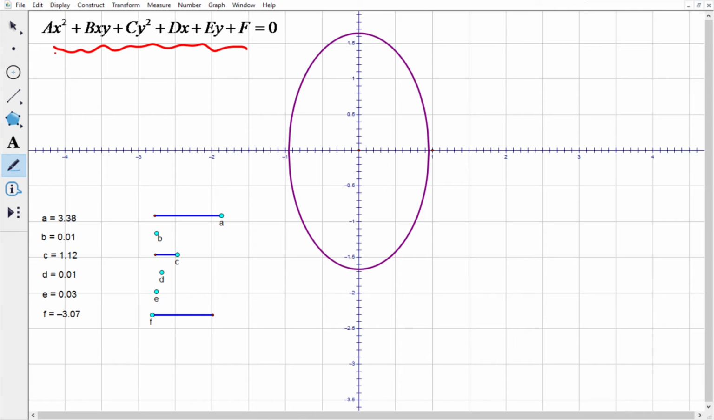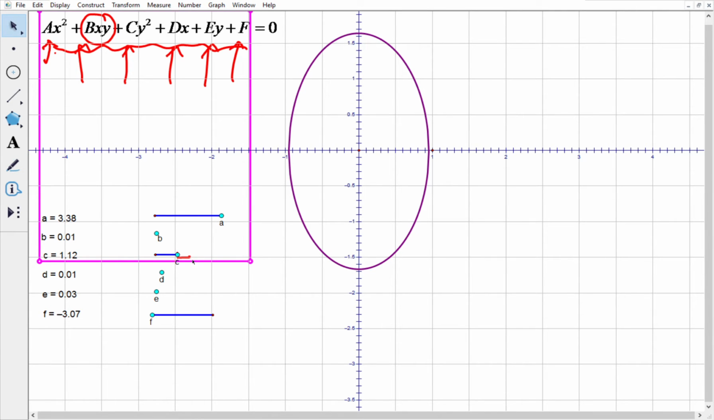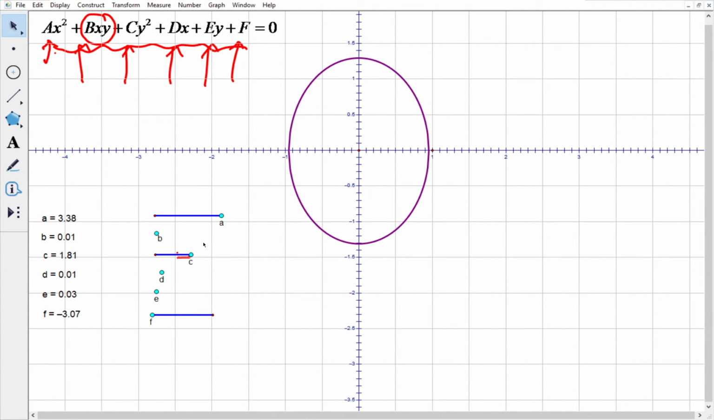So I just want to show you how these constants A, B, C, D, E, and F change the conic. Right now I have these given values A through F, and B is equal to 0. B is the one I wanted you to be aware of, although I won't really test on it, this XY term. As you change the C value, that's the coefficient of the y squared term right here,